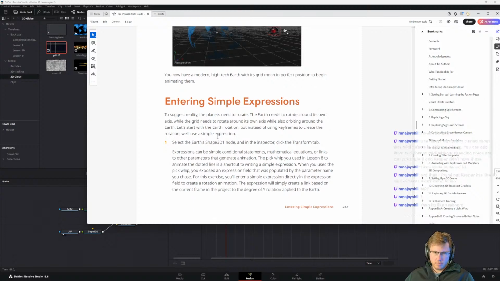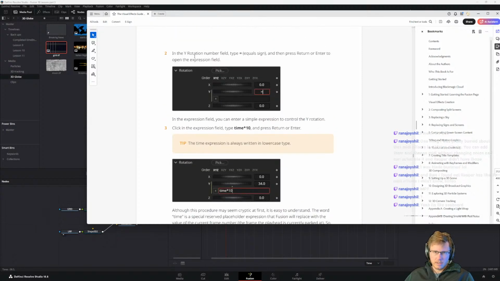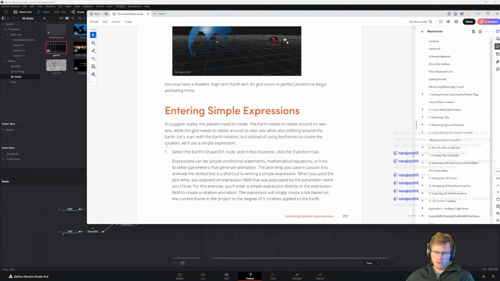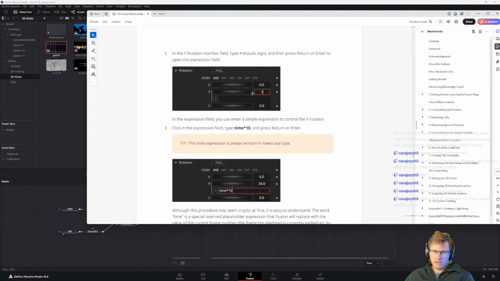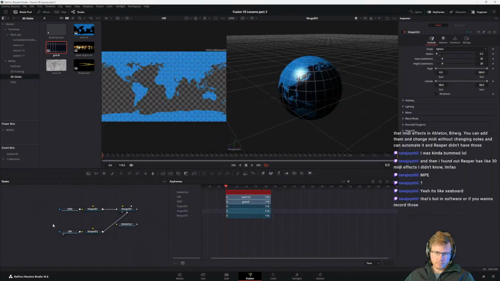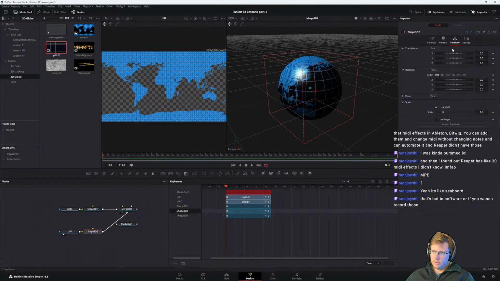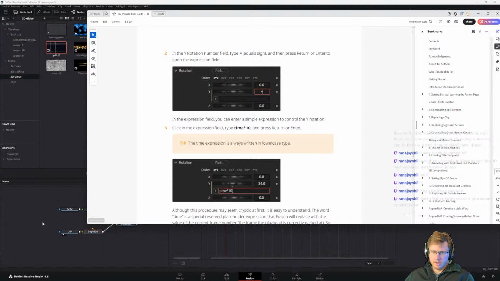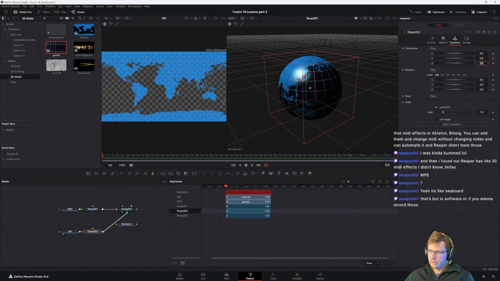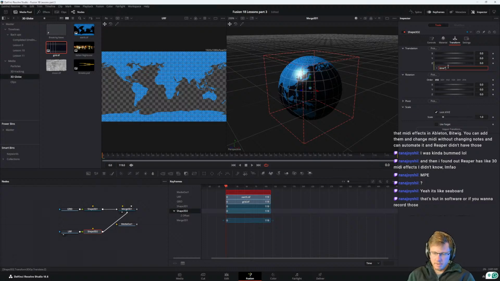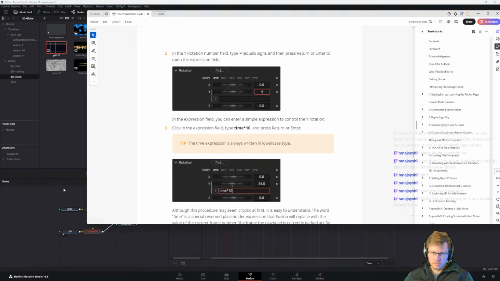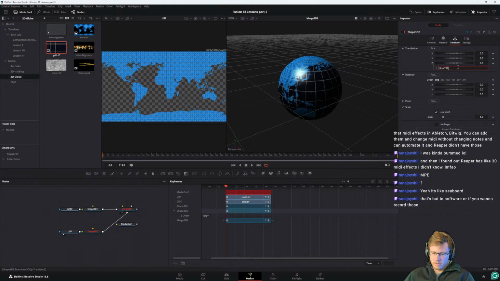So, entering simple expressions in the Y rotation of our Earth. Select Earth's 3D shape node, and we do the equal sign. Earth, we do the rotation of the Y. We type in equals, and we could do time times 10. And then if we play,